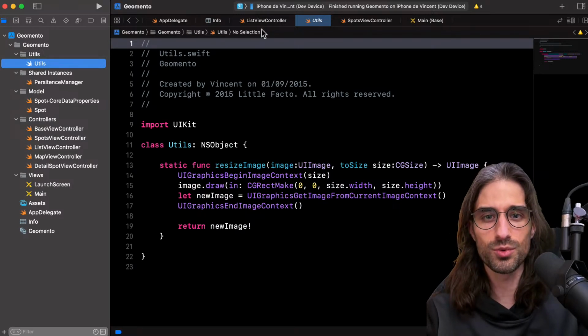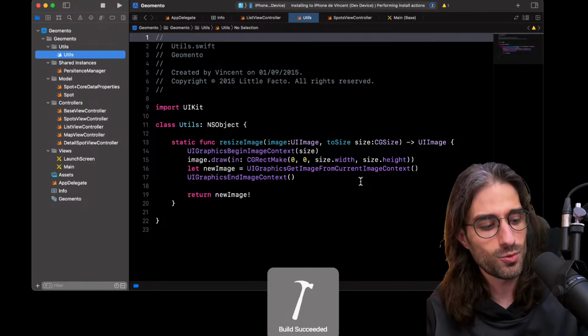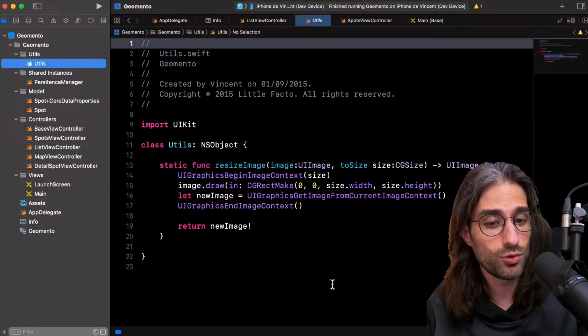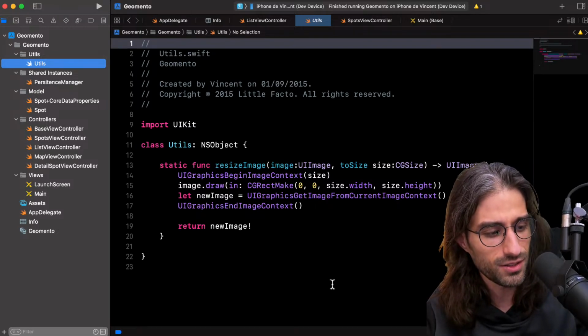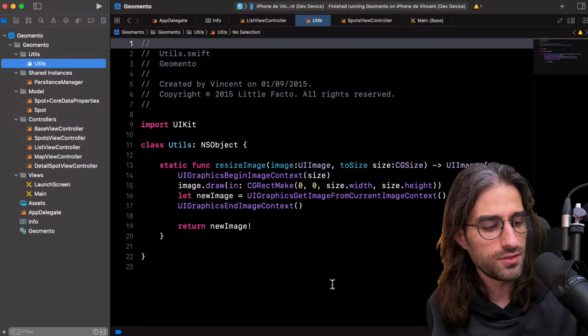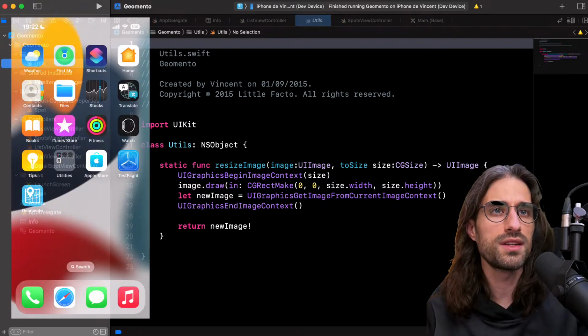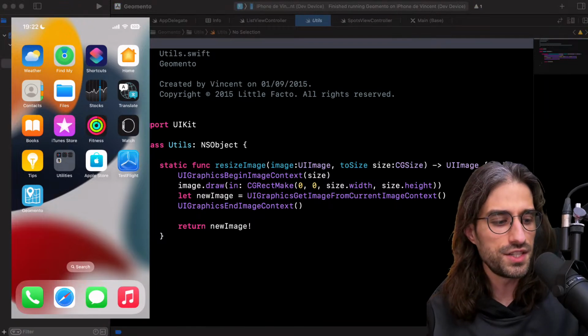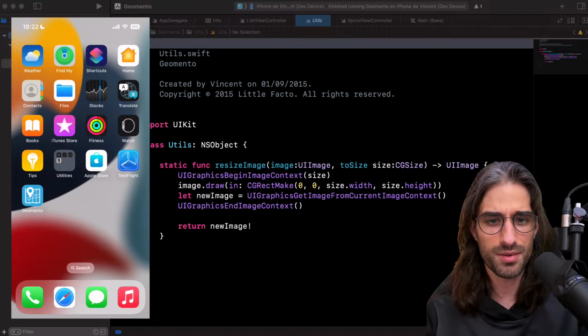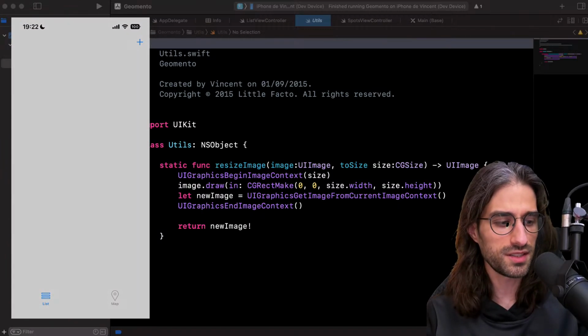So just like before, I'm going to run it on my device. This way I can show you how it works. And since this one uses geolocation, I need to remember to override it because I don't necessarily want to show where I live during a live stream. So let's see. Okay. Let me show the screen of the iPhone. So you can see Geomento is here. Once again, I had made a custom app icon. I was pretty proud of myself for that. And so I'm going to start it.